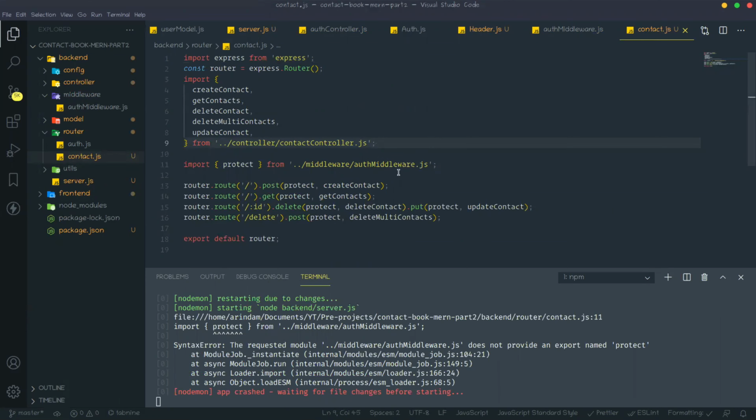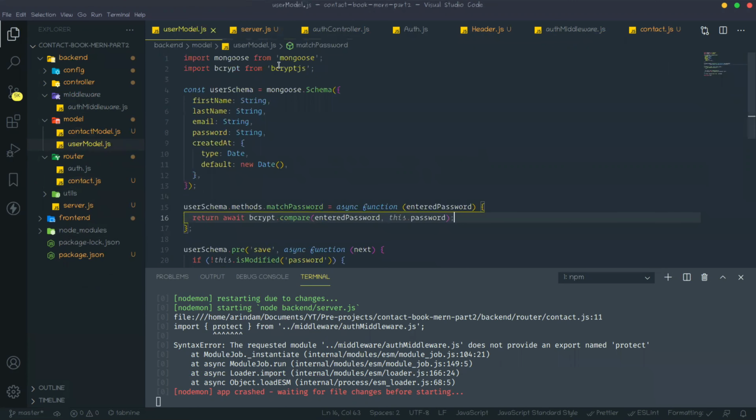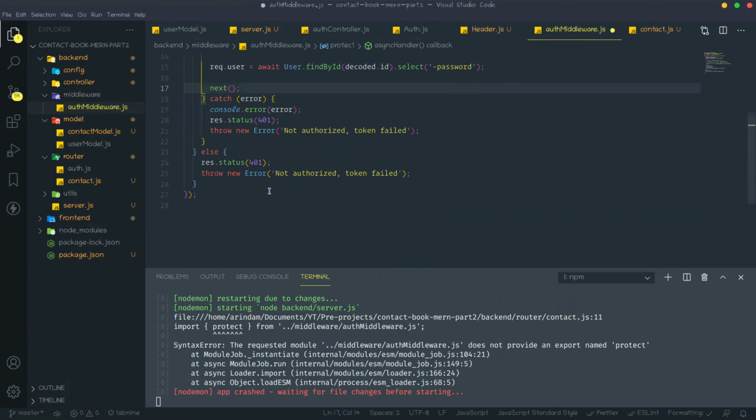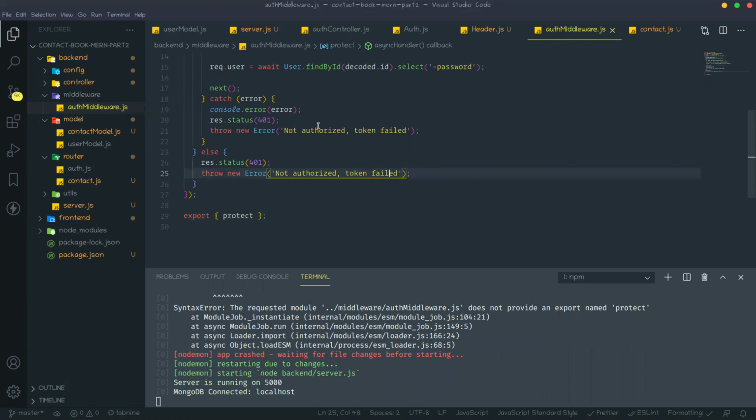Protect is not coming from there. Auth middleware. Oh, sorry, actually I forgot to export that. So I need to export. Go to middleware. Okay, I think it should work right now.